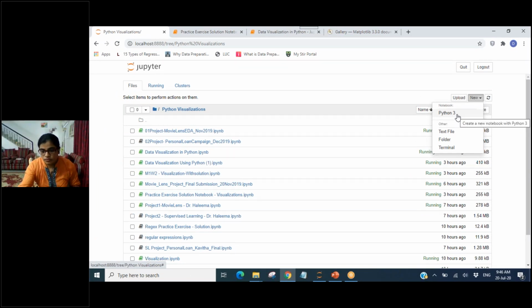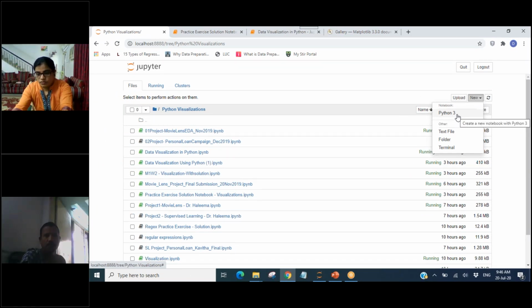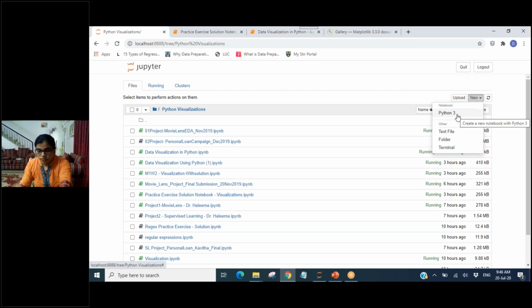Supposing some of you have already started using Python version 2, then you can download the Jupyter notebook for Python version 2, because the Python community maintains both version 2 and version 3 simultaneously. Okay, so the current versions are 2.7 as well as 3.7. So beginners can go with version 3, and then you can create a notebook like this. Now I have already created a notebook, and then once you click on the specific file, it'll